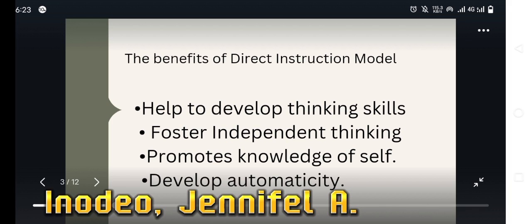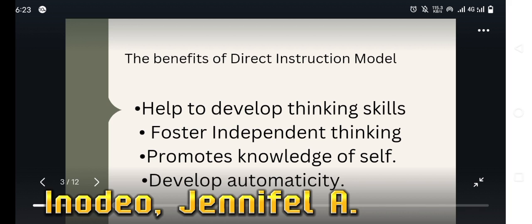So second is fostering independent thinking. Here, students gain skills to demonstrate mastery of a concept through all content areas. Third, we have promoting knowledge of self. So here, as students apply themselves in the learning process, students gain knowledge about themselves as well as the content being presented. Students are receiving positive feedback in the learning environment, so it can promote